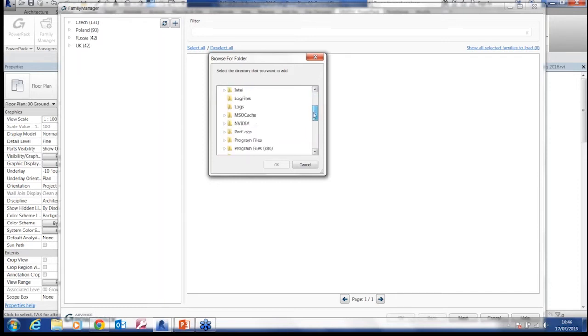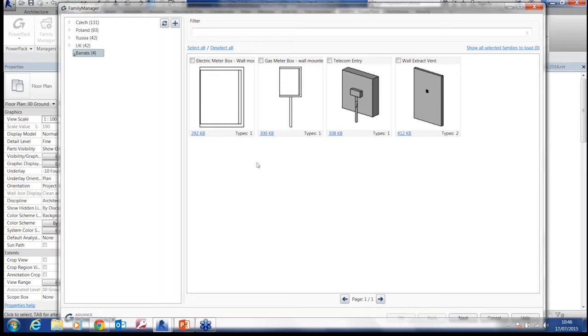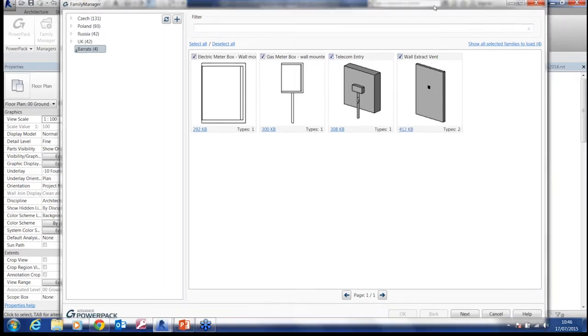But what we can then do is we can actually add in from our, and I remember where I've put my PowerPack stuff, which would have been good. So if I come to my PowerPack folder here, look, I can select a library. So this could be your own internal library, and it will now add in there all the components, okay, that are in that library. If there were subfolders in there, it would have the subfolders in. But more importantly, I can now choose which elements from this library I want. So I'm going to just tick all of them. If I then click Next,